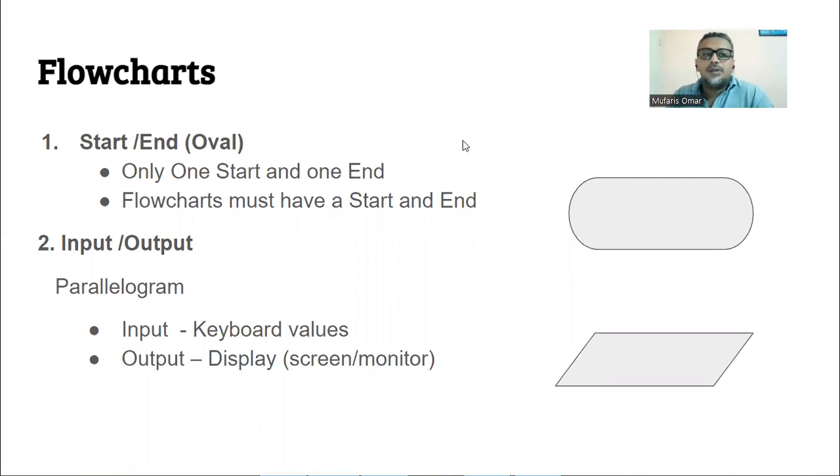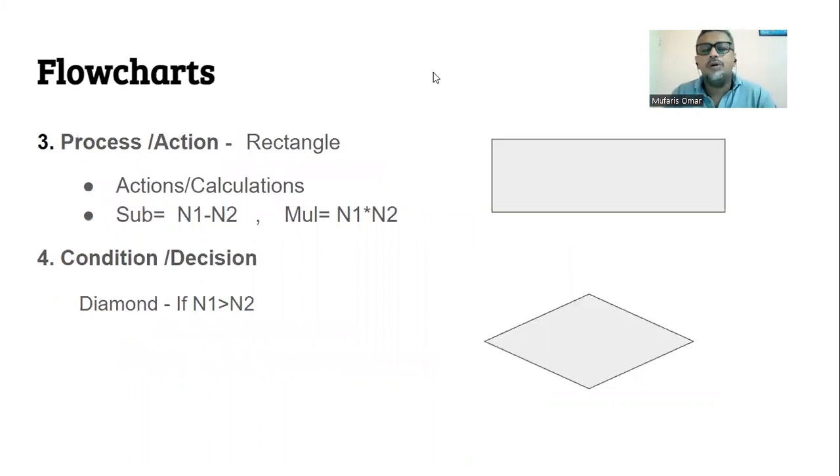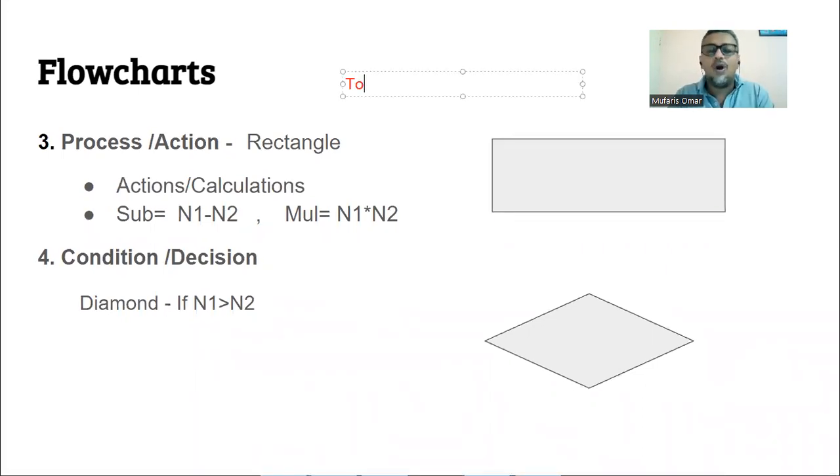Okay, so let's move on to the next one. Right now, I will do some examples on this. Don't worry. When you have a process, let's say, for example, you want to find out the total of two numbers. Total or average of two numbers. So we have to add